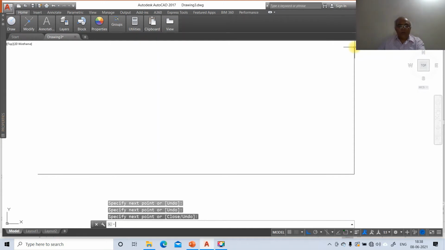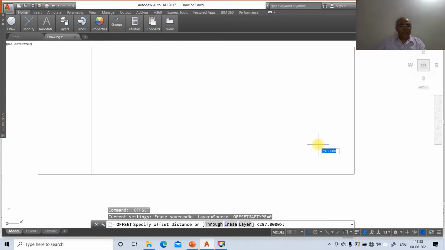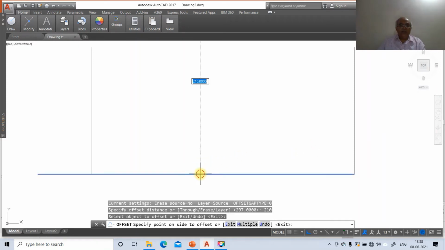Then go to offset, take the distance as 297, the sheet size of A4, select this vertical line and offset to the left side of the entity. Then go for the offset command again, take the distance as 210, select this horizontal line and offset to the top side.